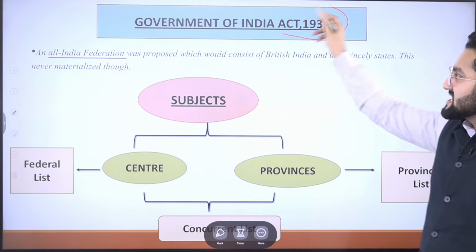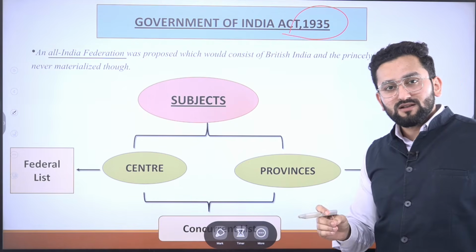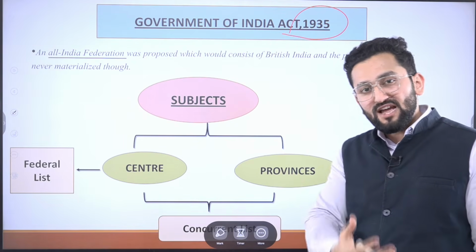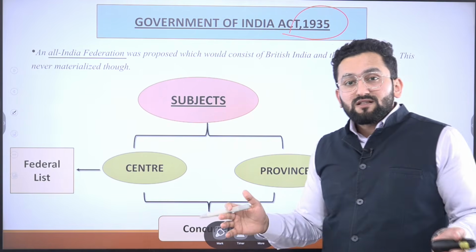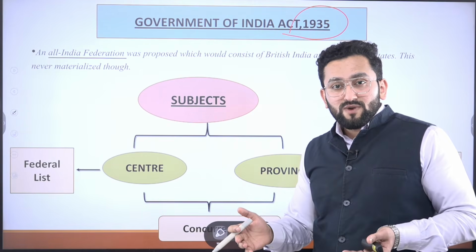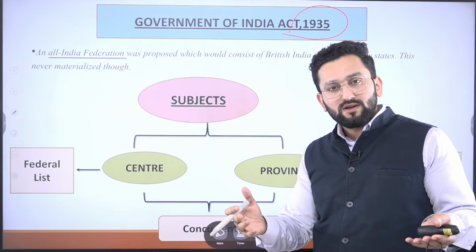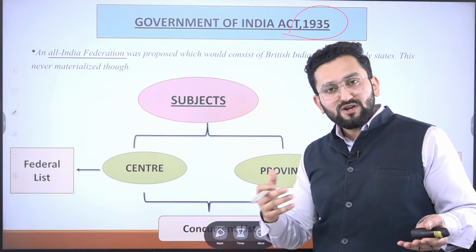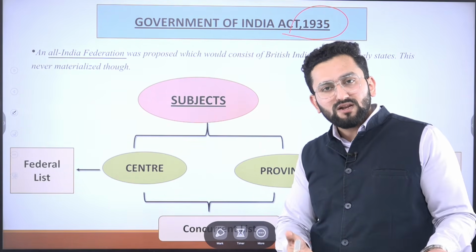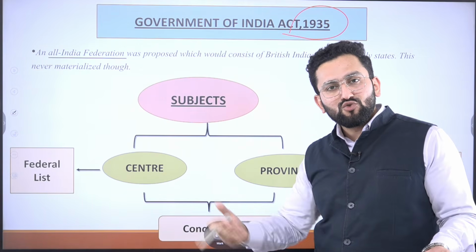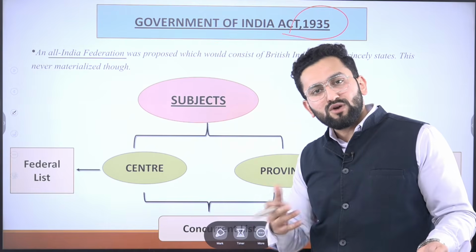Now, Government of India Act 1935. This particular act has a lot of provisions. We have a lot of provisions from this act in our constitution, because why did we incorporate it? Because the administrative structure was already developed. So our constitution framers thought, why should we dismantle a structure which has already been made? Why should we do trial and error if we can improvise on a structure already made